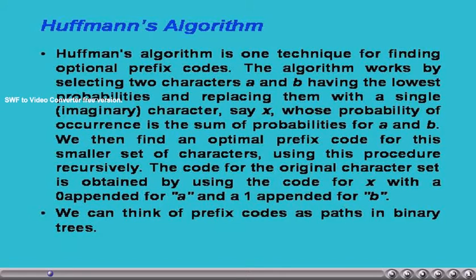And once this tree is designed, we find out the codes of the individual symbols, that is the Huffman codes, by traversing from the root node to the symbol, or maybe from the symbol to the root node, both. If we wanted to write the code from the most significant bit to least significant bit, we can traverse from the root node to the symbol. And while you are traversing, if you are going left, you consider 0, right 1. So that becomes the code of the symbol.